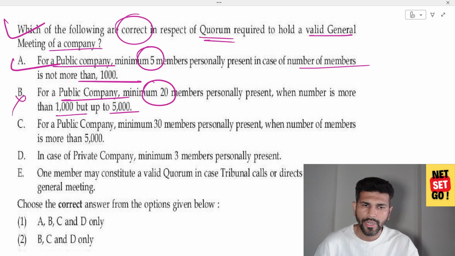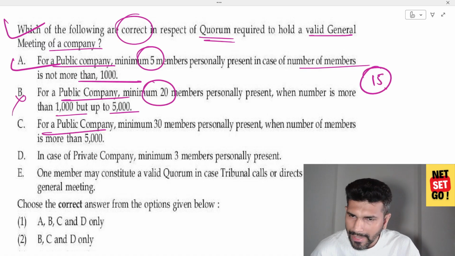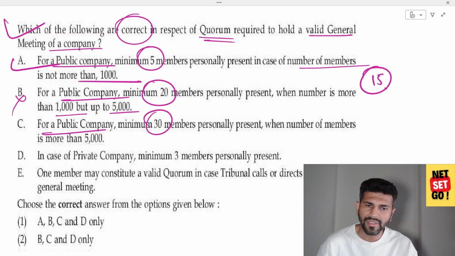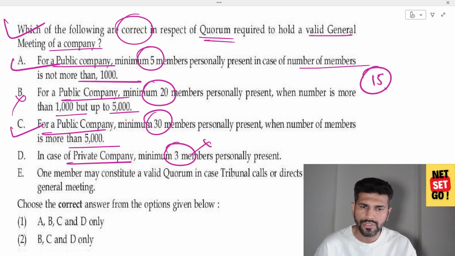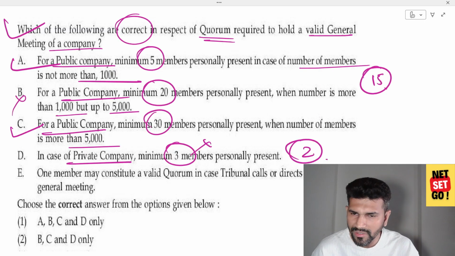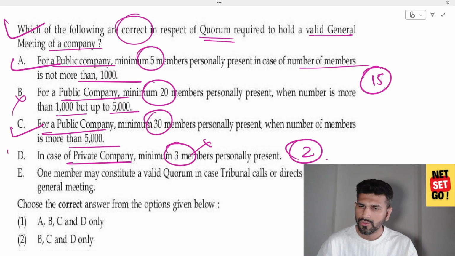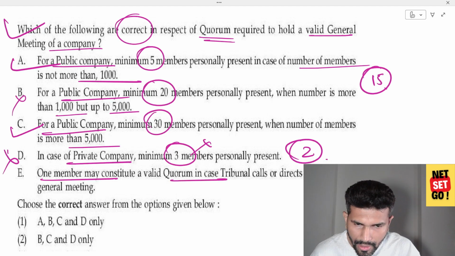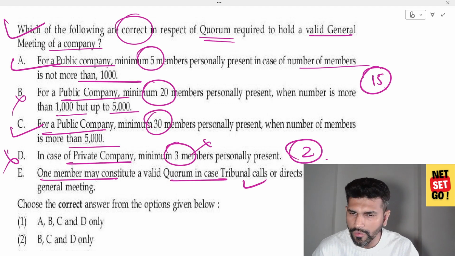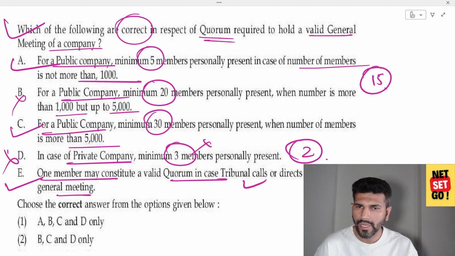5000. No, it should be 15, not 20. For public limited company, minimum 30 members personally present when number of members more than 5000. Correct. In case of private company, minimum 3 members personally present. No, it is minimum 2 members personally present. So D is wrong. 1 member may constitute valid quorum in case the tribunal calls or directs the calling of